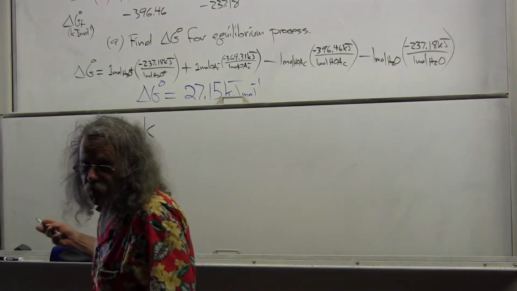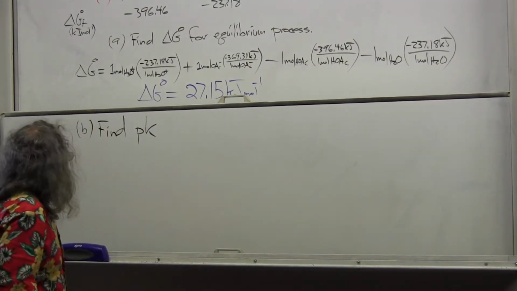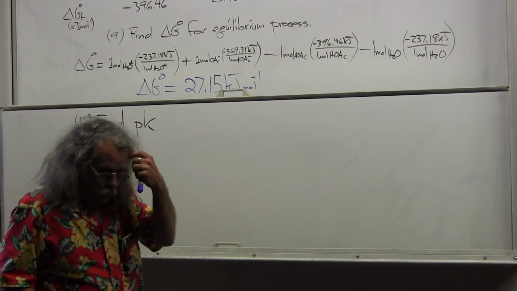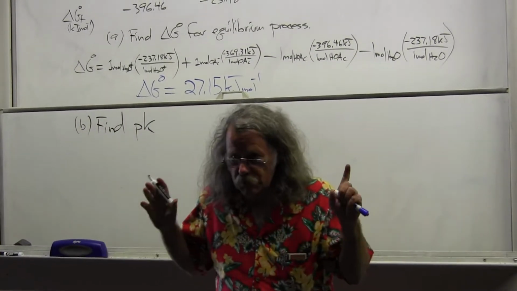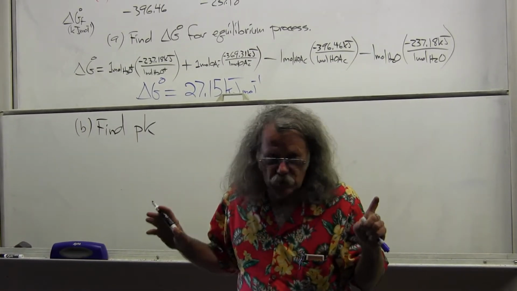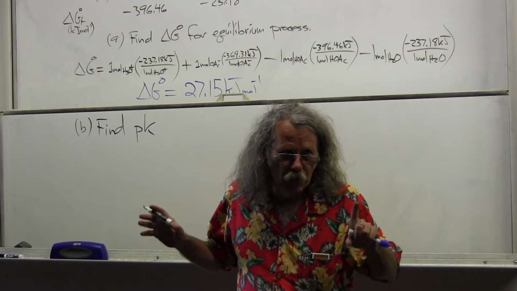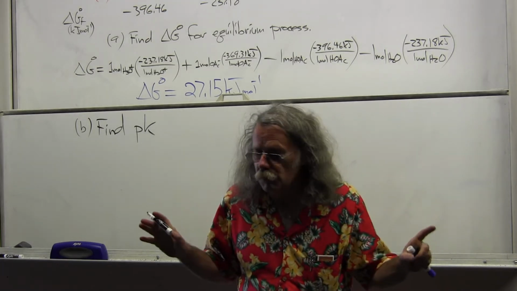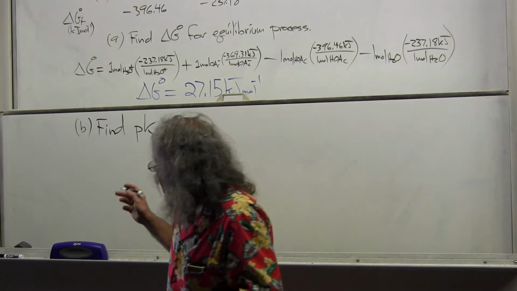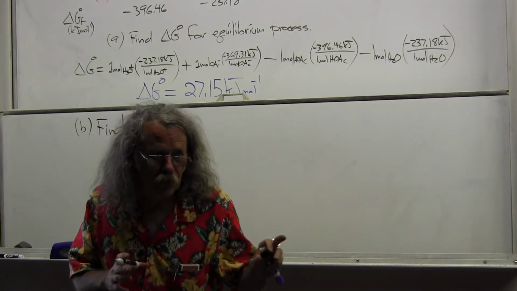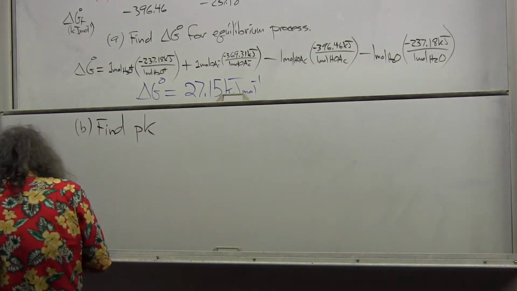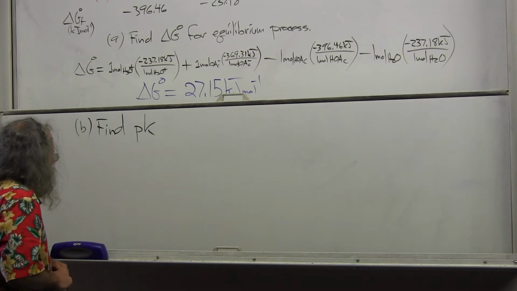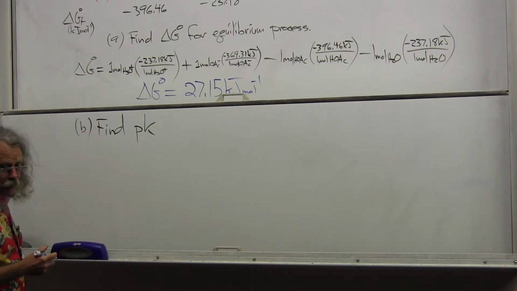Okay, part B on number 3 is find pK. Now, for this particular problem, I want you to go back a step or two on scratch paper. And so what I'm going to start out with is scratch paper stuff, and I'll do that in blue. And we want to take advantage of the fact that